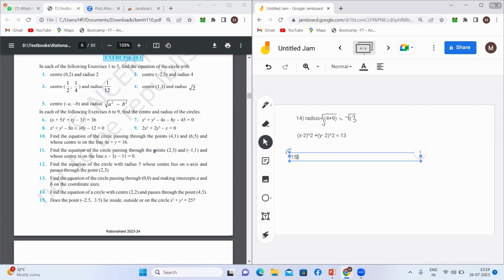तो अपन क्या करेंगे, अपन -2.5, 3.5 और 0,0 के बीच में डिस्टेंस निकालेंगे। अगर वो डिस्टेंस रेडियस से कम आती है तो वो सर्कल के अंदर लाई करेगा, अगर वो डिस्टेंस रेडियस के इक्वल आती है तो वो सर्कल पे लाई करेगा, और अगर वो डिस्टेंस रेडियस से बड़ी आती है तो वो सर्कल के बाहर लाई करेगा। तो बेसिकली यही फॉर्मूला होता है। अपने को जो पॉइंट दिया होता है, उसका सर्कल के सेंटर से डिस्टेंस निकालना होता है। अगर वो डिस्टेंस रेडियस के बराबर आती है तो वो सर्कल पर लाई करेगा, कम होती है तो अंदर, और ज्यादा होती है तो सर्कल के बाहर लाई करेगा।